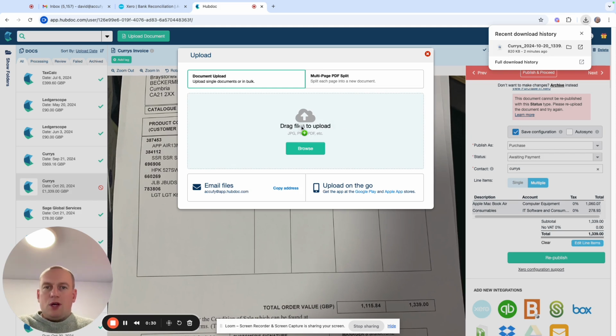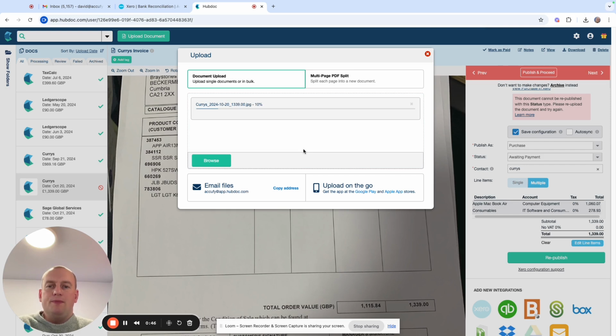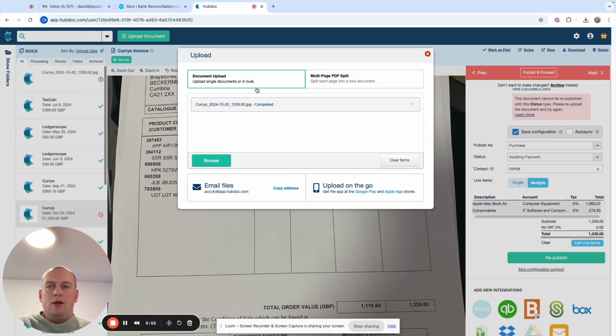So the first thing to do then, there's different ways to do this. We can either drag and drop a file into there, or we can use the Hubdoc app to insert our receipt that way, or even email it to a bespoke email account we've got for our Hubdoc account. So I'm going to drag and drop. Give it a few seconds just to process. Then we're going to see a